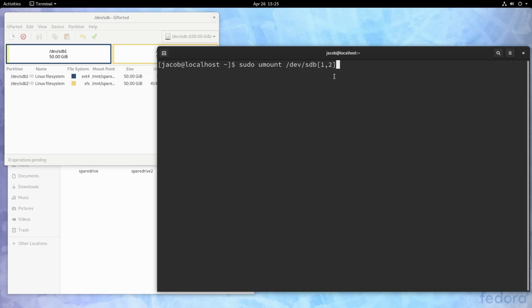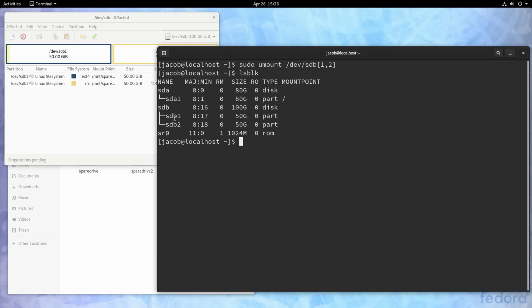I'm using this syntax instead of just doing sdb star because there is a file at /dev/sdb. If I did sdb star, then the disk itself, sdb, would be included in that wildcard, and I would get an error. It wouldn't actually hurt anything, but I would see an error message, so this is more technically correct, and we won't see an error message. And now, if we do an lsblk, we can see these two partitions are still here, but they're no longer mounted. So now we're going to run sudo parted /dev/sdb, and we're going to start by creating a single partition again, just like we did in gdisk.